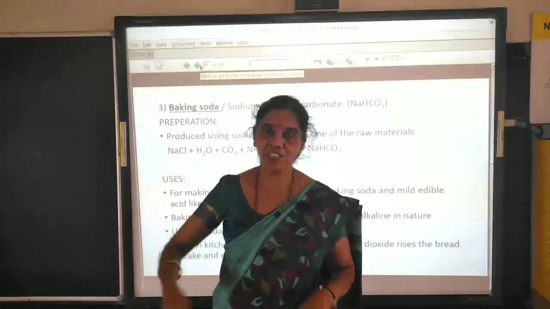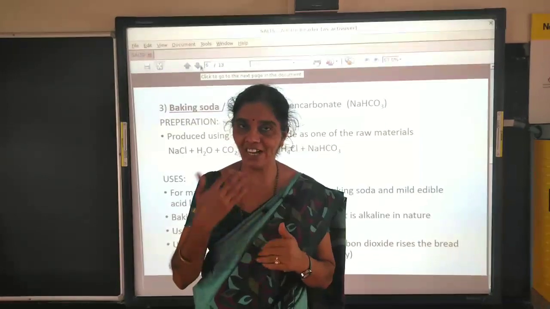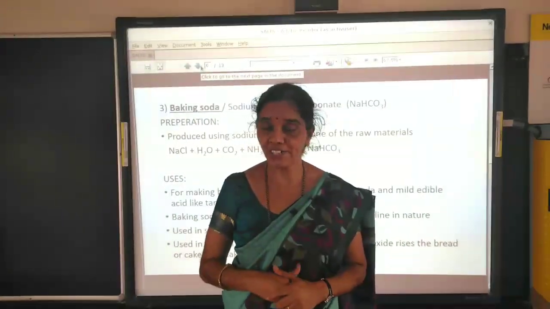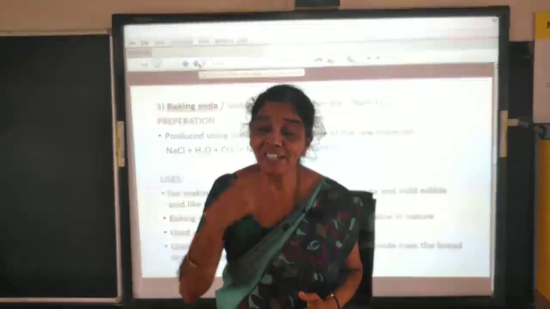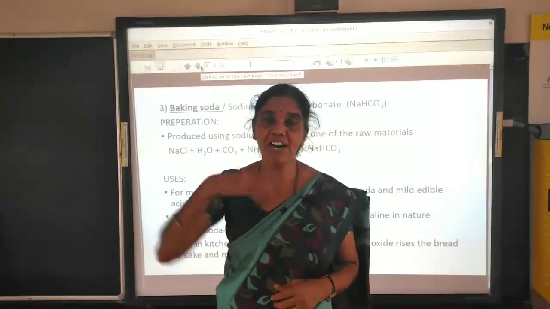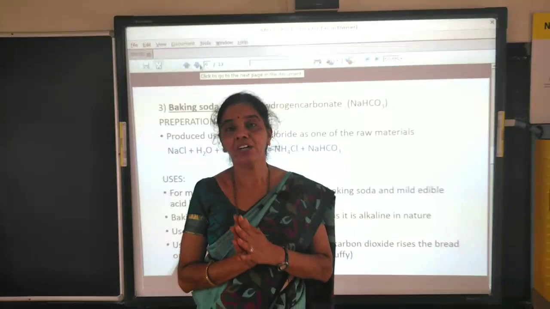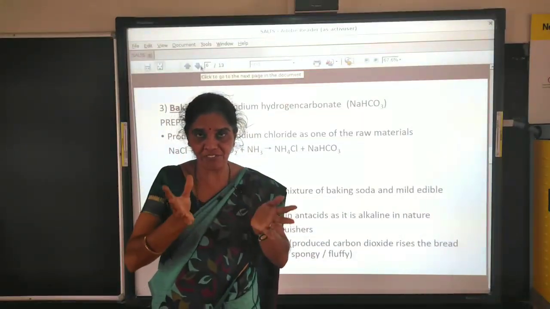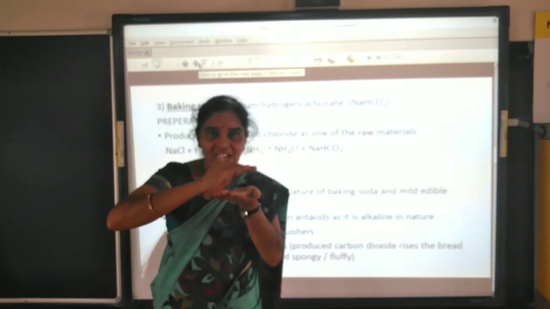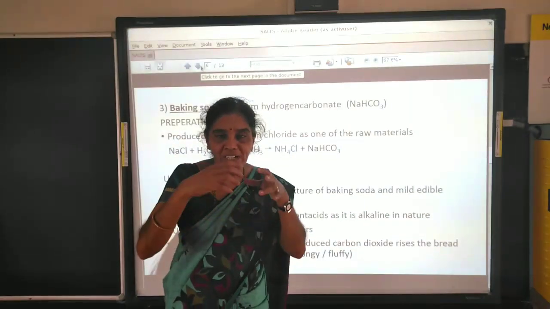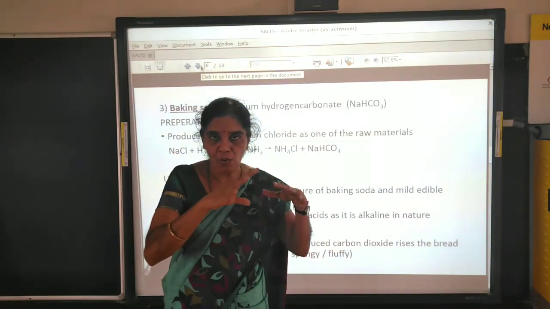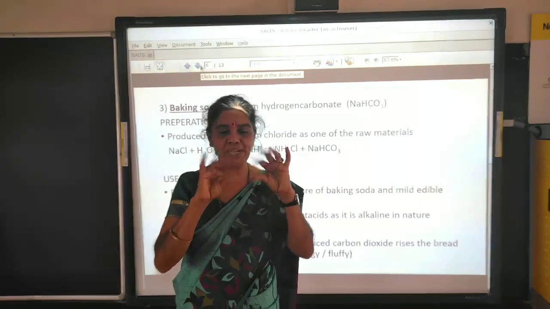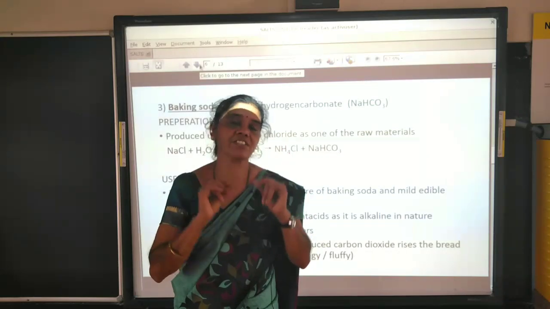Now, why will they use it? In the reaction, when you heat the baking soda or baking powder, or if you add water to the baking powder, carbon dioxide gas is given out. When this carbon dioxide gas is given out, what will occur? When the gas comes out from the foodstuff, it will rise, its level rises up. So in between, there will be holes or gaps where air is filled, and when you take that, you will get a spongy, fluffy texture.